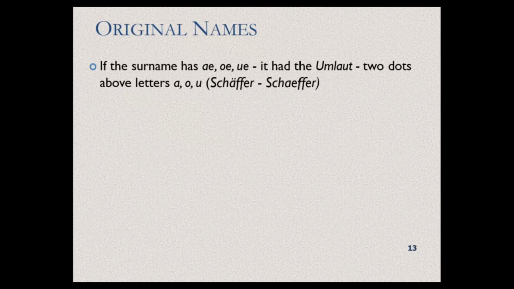For example, when I don't see those two dots above the last name Schäfer, I would pronounce it Schaffer. But because I see those two dots, or they would transcribe it by adding the letter E after, then you know it would be pronounced Schäfer. So when he would come here, he would be used to that, okay, my last name is Schäfer, because he would use those two dots in Germany and in all German records. And he would say it everywhere, because he wouldn't even know how to spell his name, right? So he would say Schäfer.